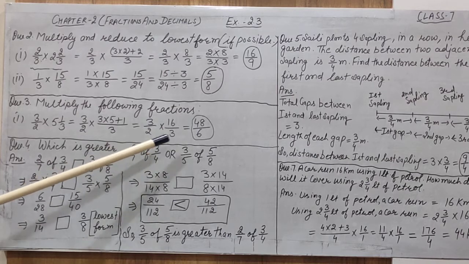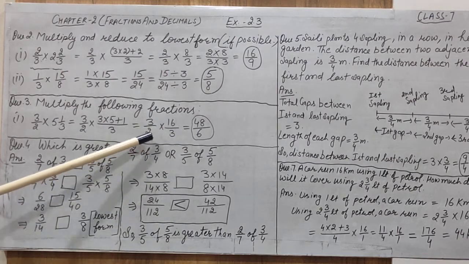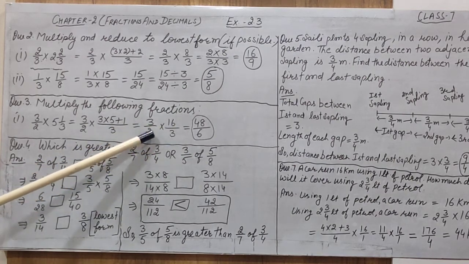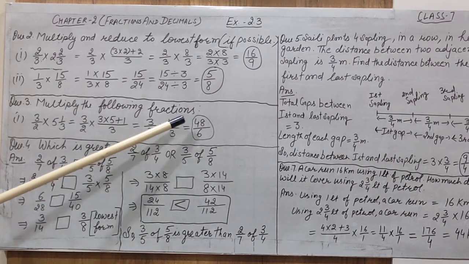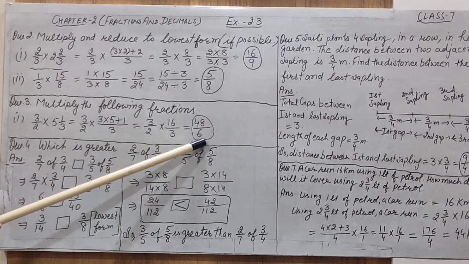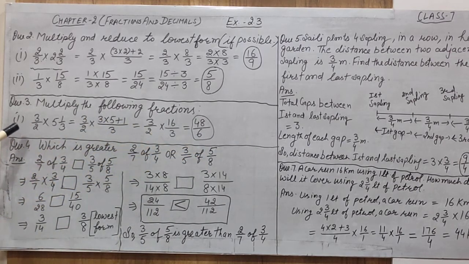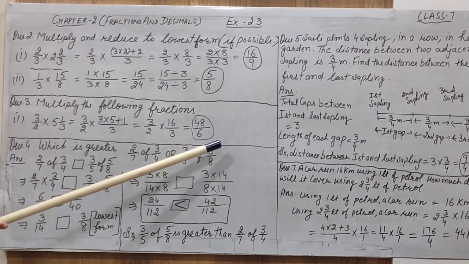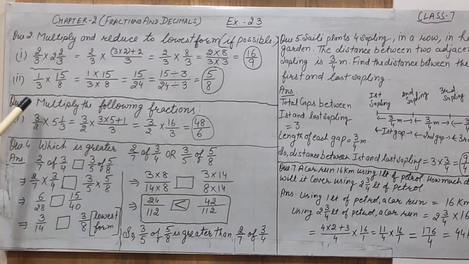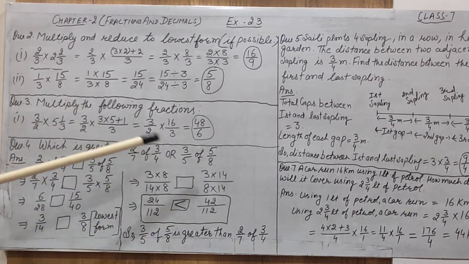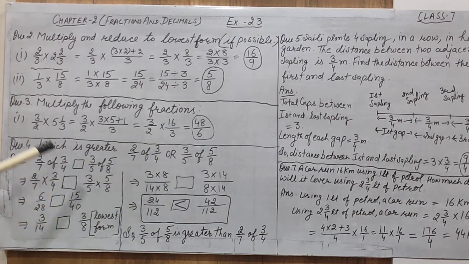Now when two fractional numbers are multiplied, whether they are proper or improper fractions, we multiply numerator with numerator and denominator with denominator. 16 multiplied by 3 gives 48, and 2 multiplied by 3 gives 6. So the result of multiplying these two fractional numbers is 48 by 6. It is not important to find the lowest form because it is not compulsory, as it is not written in the question. So this is our answer, 48 by 6.